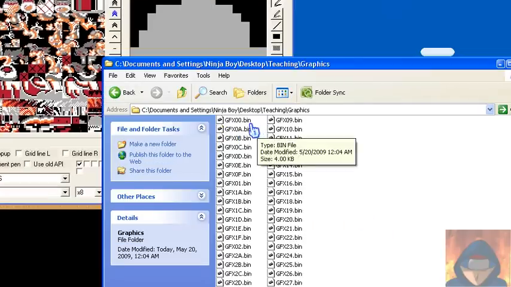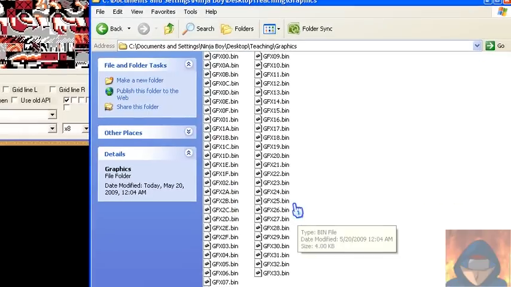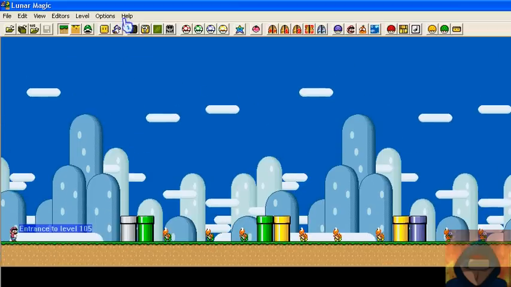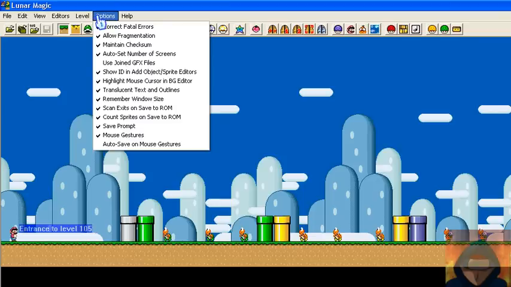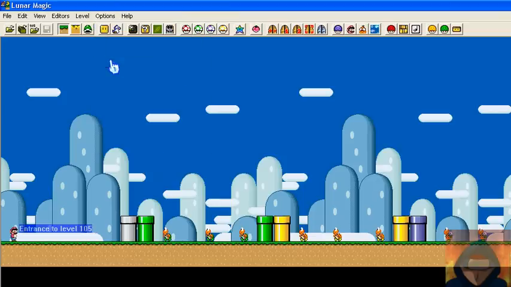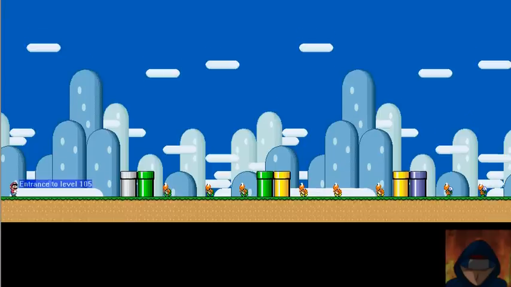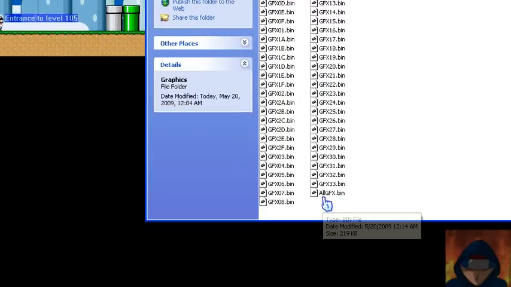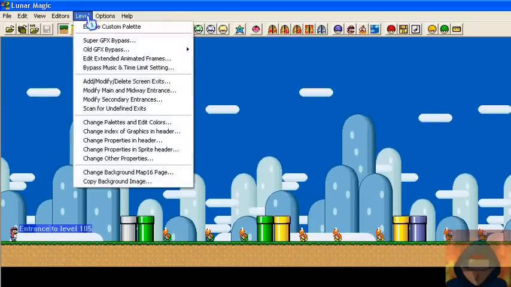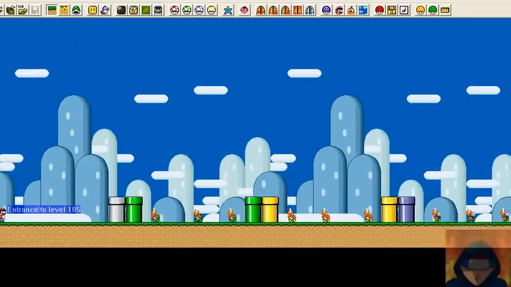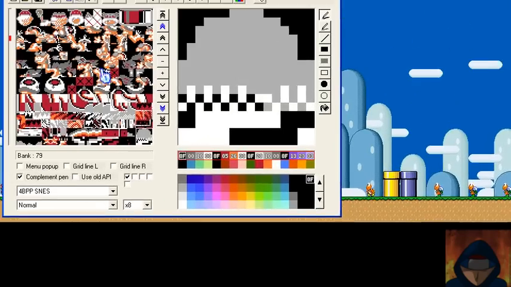Here's something. You notice how my GFX files are all separated. That is because if you go to options, you can click this that says use joint GFX file. If you do that and you extract your GFX files, you'll get this file right here, all gfx.bin. That is the file he used. When making ExGFX, you do not want to use that file. It is very unhelpful for everyone else, because once you're in